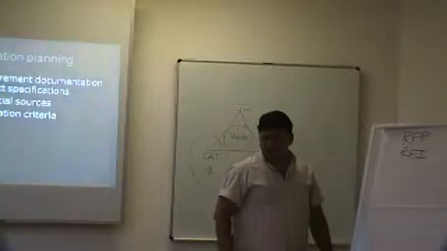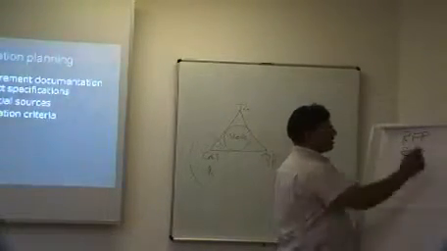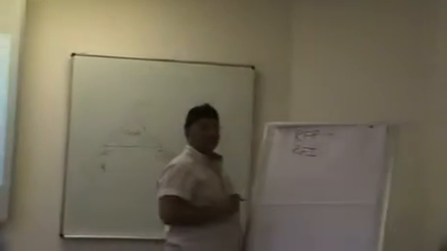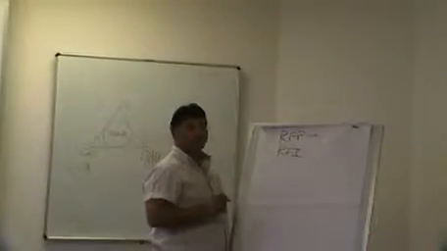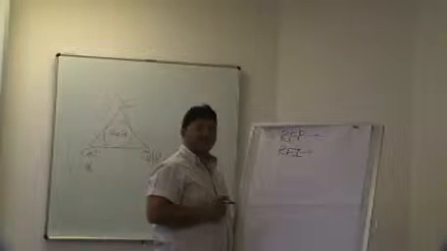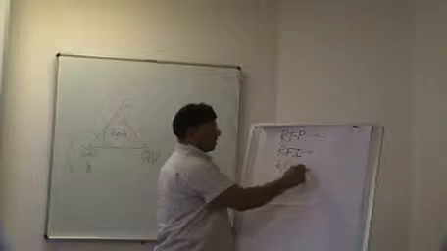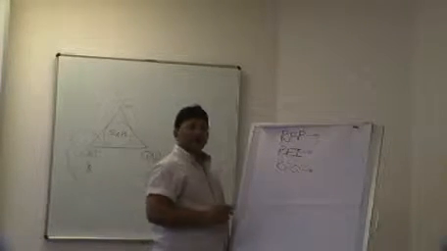Okay, so if we talk about the request, there are different types of requests. The one is called an RFP, which is a request for proposal. The other one is called the RFI, which is request for information. And the other one is called request for quote. Now, which one would you choose?